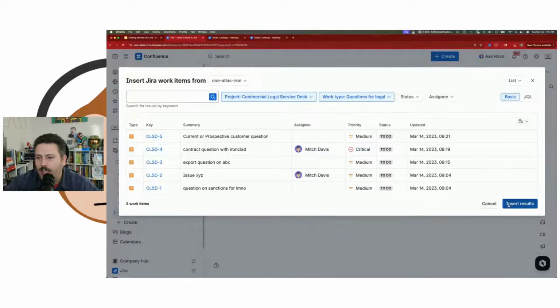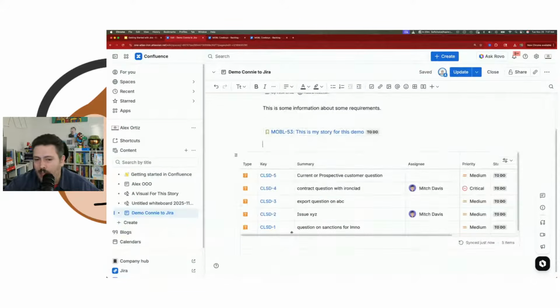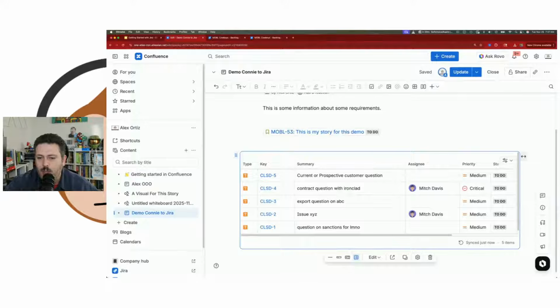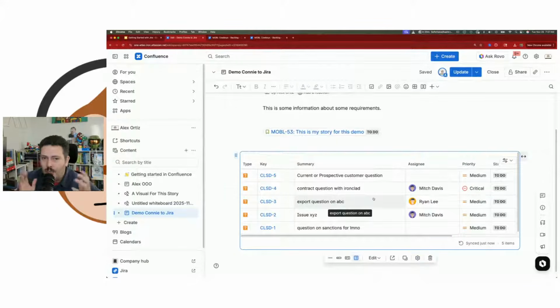So when I click on insert, the entire table gets inserted in. And similar to what we had before, these are smart links. So we can actually look at it and scroll around, and we can click into it and we can edit, and we can assign it to somebody. And so you have a lot of power. You can do a lot of organization. You can do a lot of strategic stuff inside of Confluence, where it's a much more visual world, and manipulate Jira data. Because these are smart links, you can change statuses, you can change priorities,